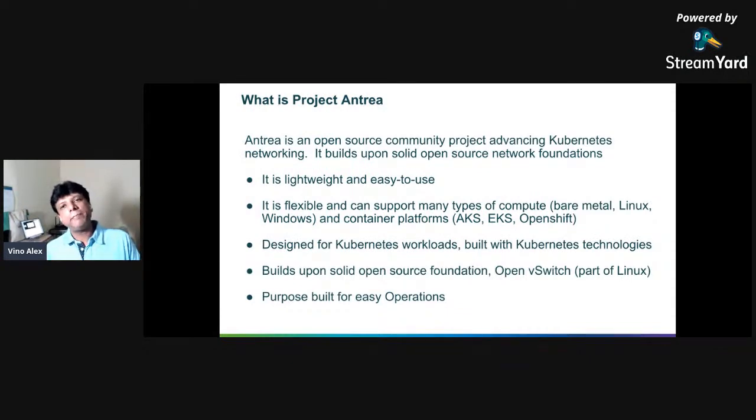But why Project Antrea? Because one aspect of a CNI is that it is supposed to be very lightweight. The basic requirement of a CNI is to wire together the pods, apply some network policies around it, and provide some additional features like traffic shaping. That is the core requirement of a CNI.